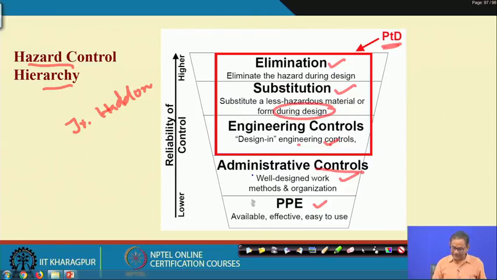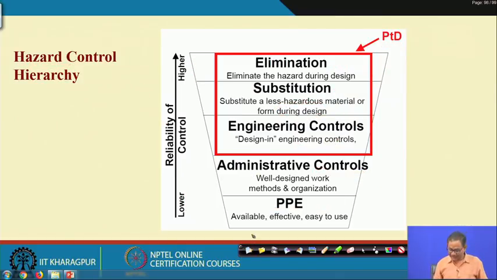Then last but not the least, PPE is also important, because occurrence of a hazard is a probabilistic event. Whatever you do, there is a chance. So, PPE must be used. It is the least effective, but it is a must. So, regarding reliability of control, elimination is the best method and PPE is the worst method. It goes from lower reliability to higher reliability. Your order of execution should be rank 1, rank 2, rank 3, rank 4, rank 5. You execute first this one. That is the reliability pattern. I hope this makes sense.